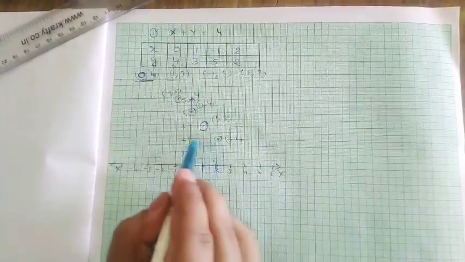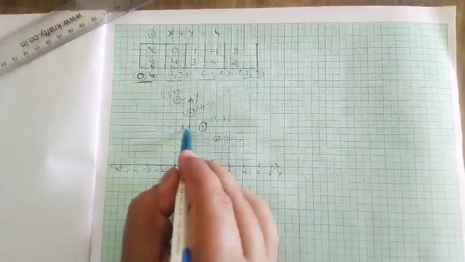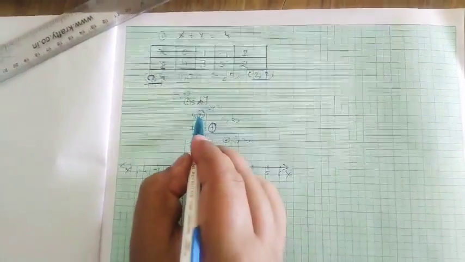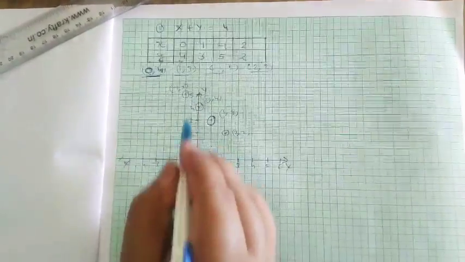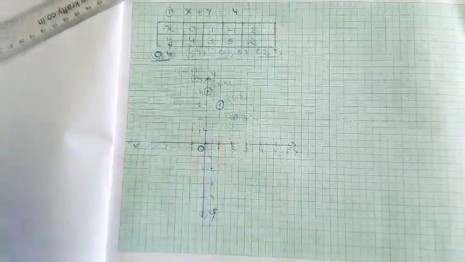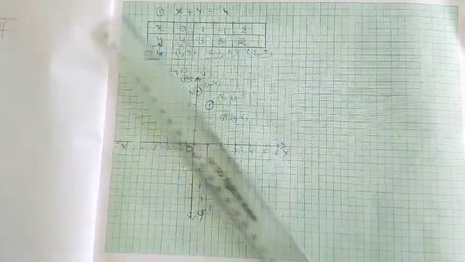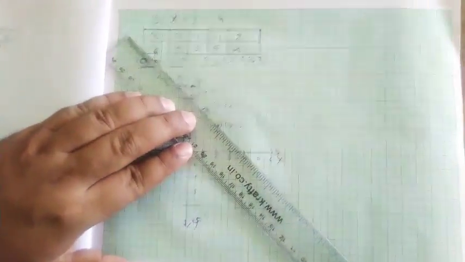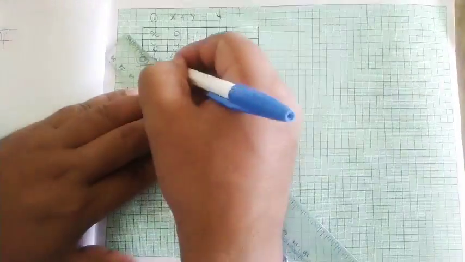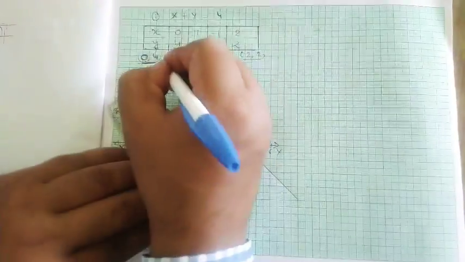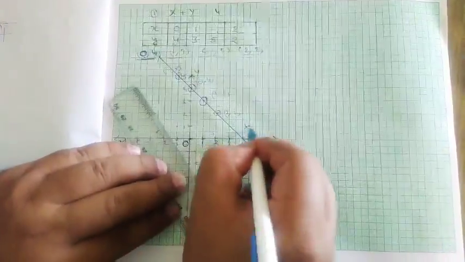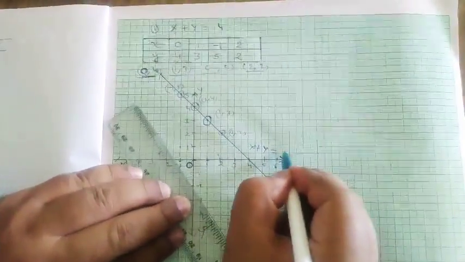So this represents 2, 2. This represents 1 and 3. This point represents 0, 4, and this point represents -1, 5. Now we have 4 points. Now what we have to do? Just join these points with a scale or ruler. Join these points, and this is the line that is